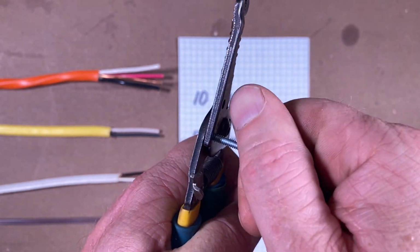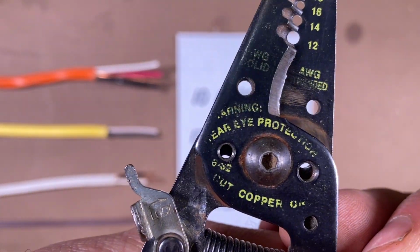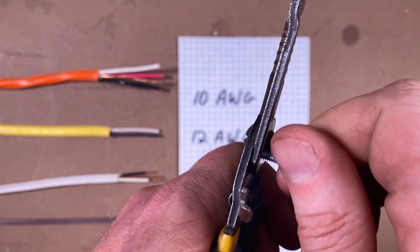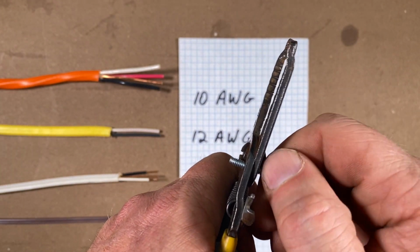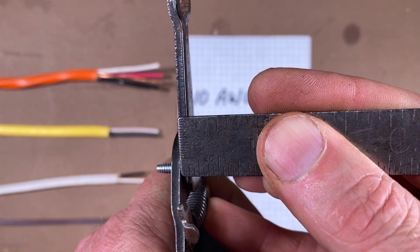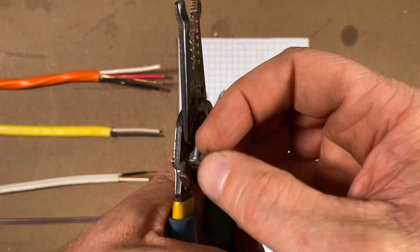So if you want to cut the screw off a little shorter, you can see that in this hole here, the hole there is threaded on one side, right? And the other side of this is not threaded. So to cut one of these screws, what you want to do is screw this through to your desired length. And whatever length you want there, you measure down, and say you want a half inch there. Measure right to that part of the cutter, give this a little squeeze,